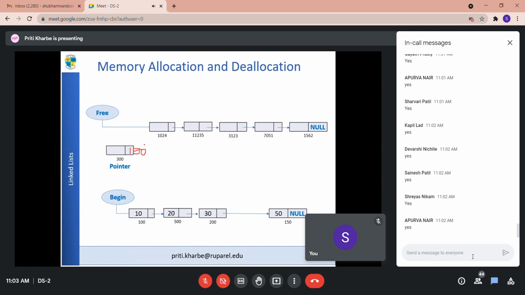Now if I want to put it in the first place in this free storage list, so what should be the address in this next part? It should be 1024, because it should always show address of the next node. Then only it will indicate this second node. Do you agree? I should set address as 1024, right? So how it can be done right now? Who contains the value 1024?